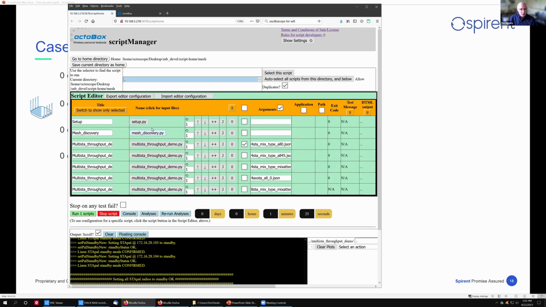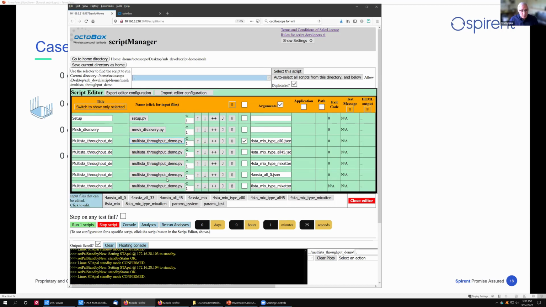The script manager lets you configure scripts, a series of scripts. You can duplicate them, you can loop them, you can move them around in terms of order. You can stop any test. So it has a lot of features. And if you want to change parameters, you basically can go in and can have also multiple config files. And the config files are in JSON format.